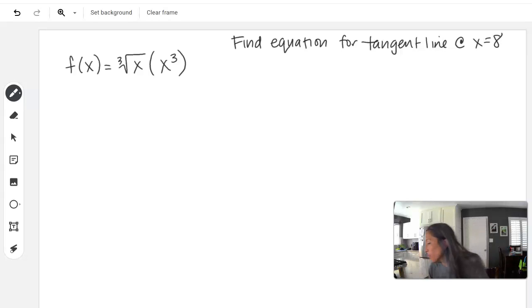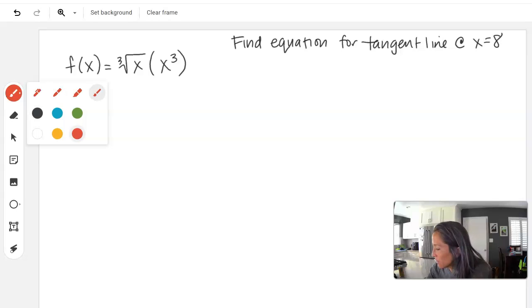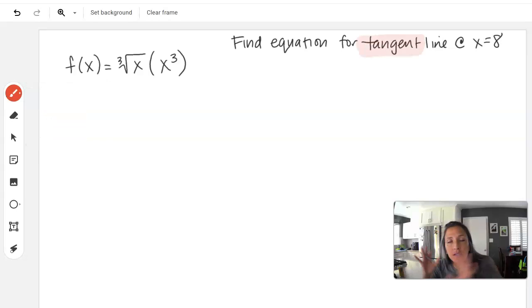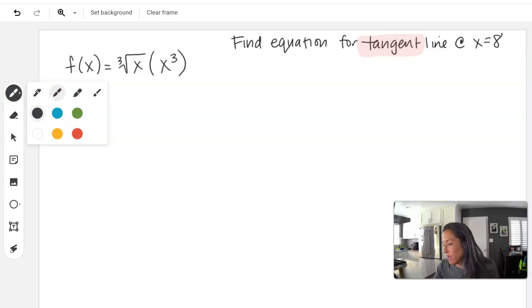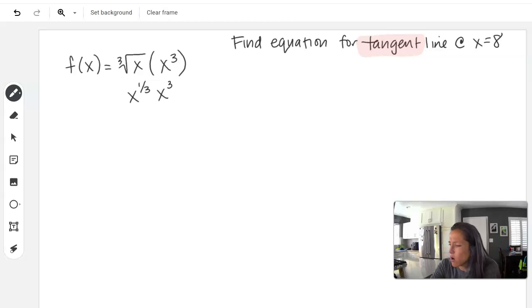a tangent line. So first things first, whenever you see the word tangent, you're like, aha, this is related to the derivative. So if nothing else, I should be taking a derivative of my function. So let's start there. I also recognize that my function is kind of ugly. I know I can rewrite that cube root as a fractional, rational exponent, that 1/3. I also know that if I am multiplying two things that have the same base, I can add their